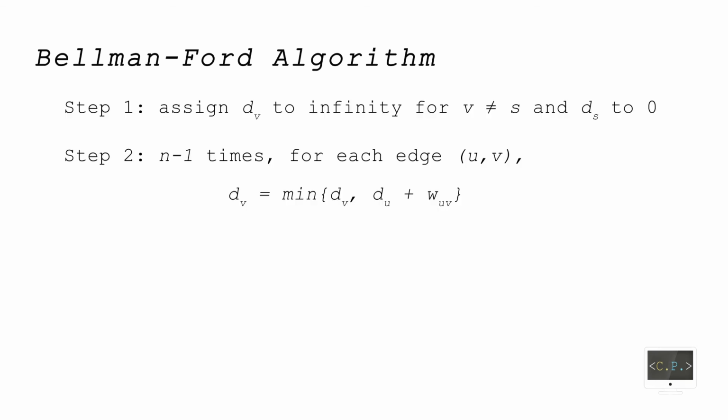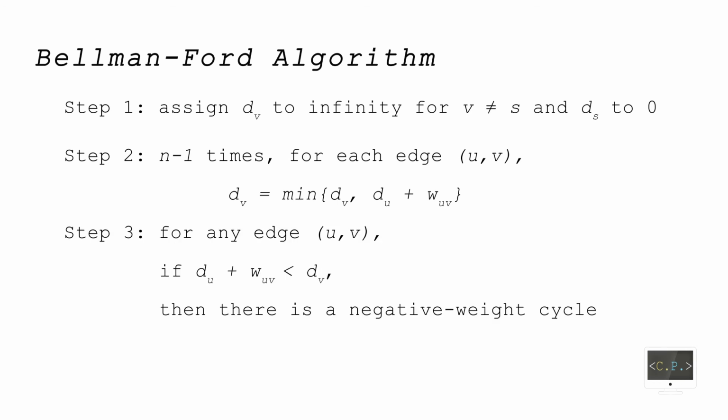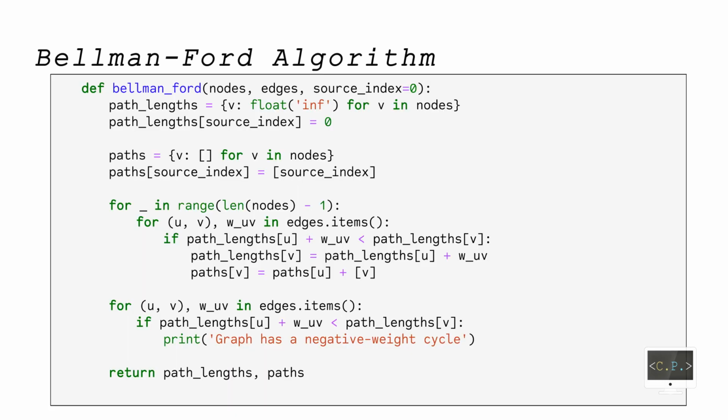Let's go back to Bellman-Ford algorithm. To identify the negative weight cycles, we add another step as follows. The condition checks whether we can extend the current path. If we can, then the path should have n edges, which is not possible because a path can have at most n-1 edges. So there should be a negative weight cycle. We can easily modify the code to check this condition and let it print whenever it detects a negative weight cycle.